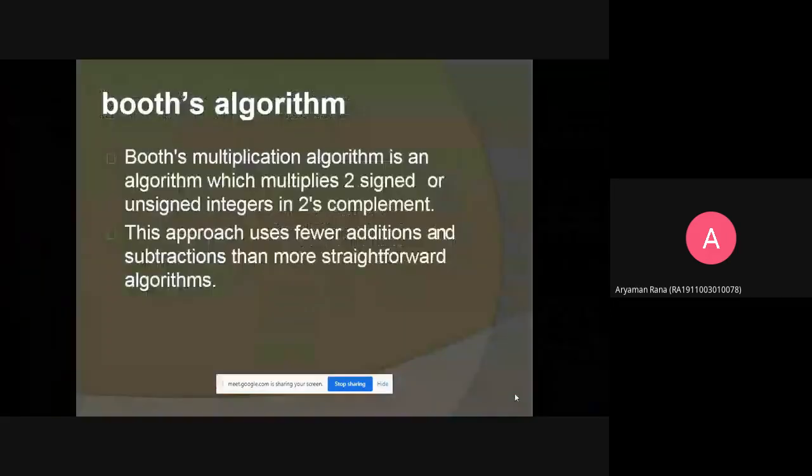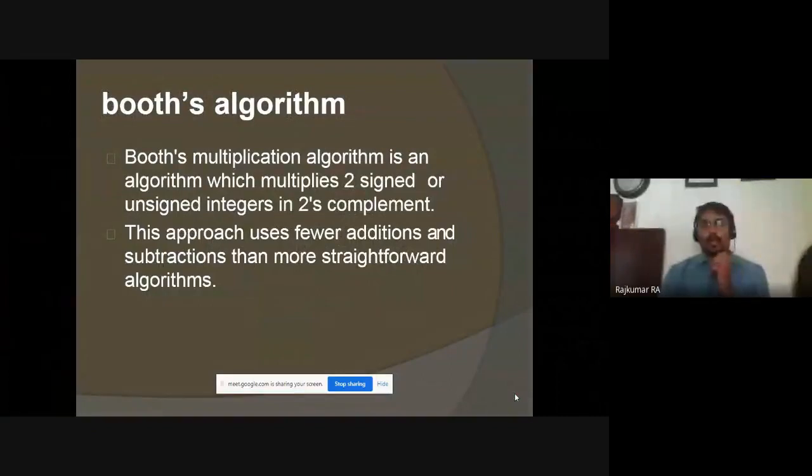Yeah. So this is probably an important one in your second unit. Same as your 4-bit addition subtraction, 8-bit addition subtraction and 16-bit addition subtraction. But this is one of the methods.